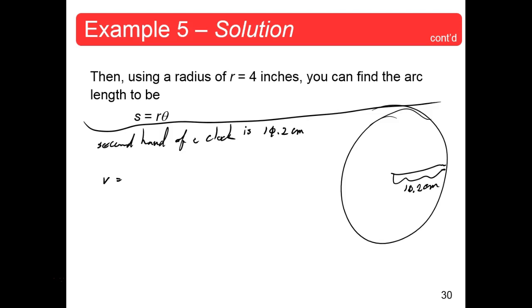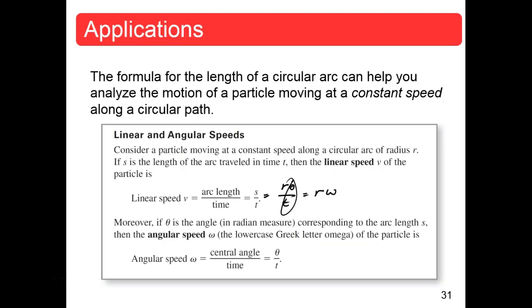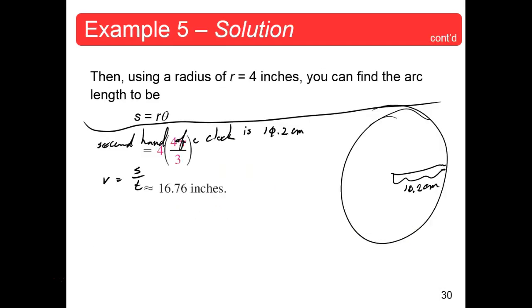It's distance over time, s over t. That's what your linear speed is, s over t. Okay? Just write that right there. Linear speed is s over t. Okay? Now,